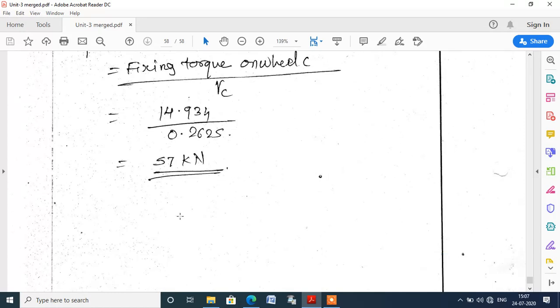So this way we have to find out the answers, and I hope all of you understood the numericals. If anything is there, you can contact me. You can raise your query. So now this will end unit number 3, that is gear trains. And students, solve more problems, make practice so that you have the confidence to solve problems on gears. Thank you. Now we will start the new unit, unit number 4, in the next class.